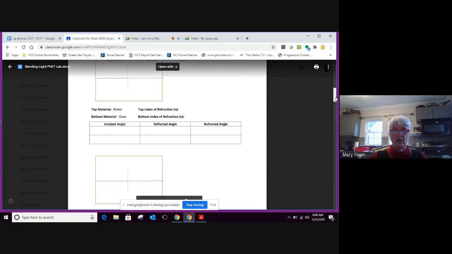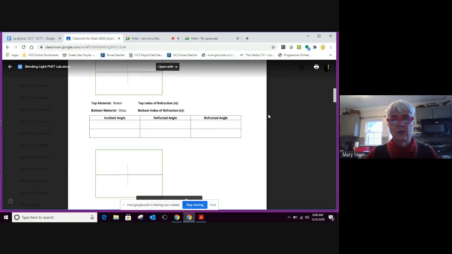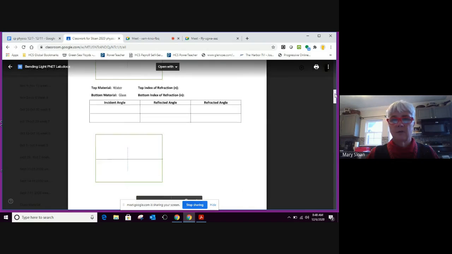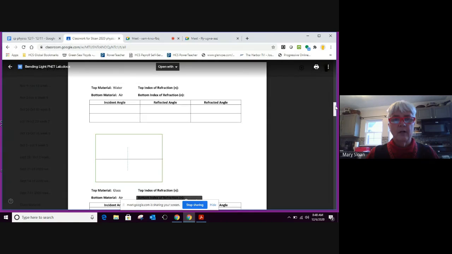This third scenario, you're going to use glass. You may use the same two incident angles for both of those, but the thing that's going to change is the bottom material. Same thing with this one: water and air,